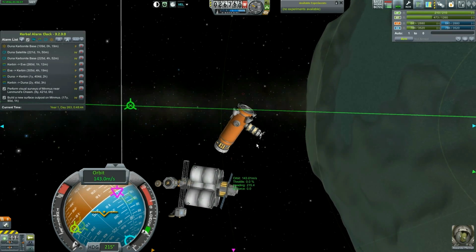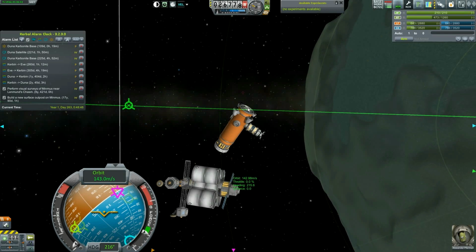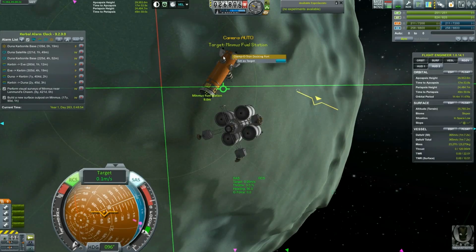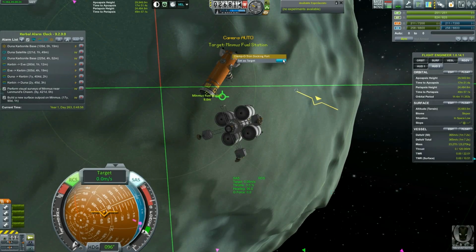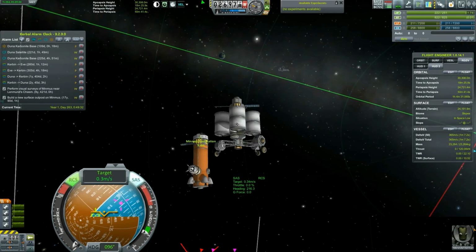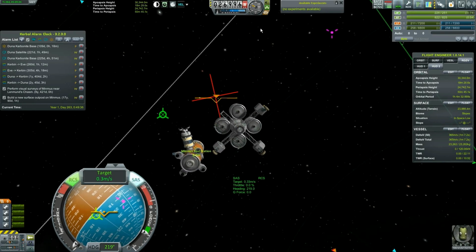Oh, that kind of sucks, though. I'm mad at myself, as I should be. Okay, let's go ahead and... Oh, wait, we're on the wrong base here. Okay, there we go. Let's set this as target. Let's control from here. Away from the station a little bit so we don't hit it again. We're going to rotate...